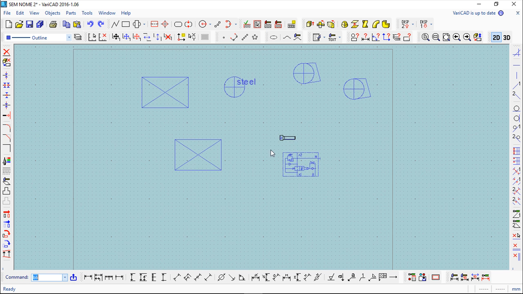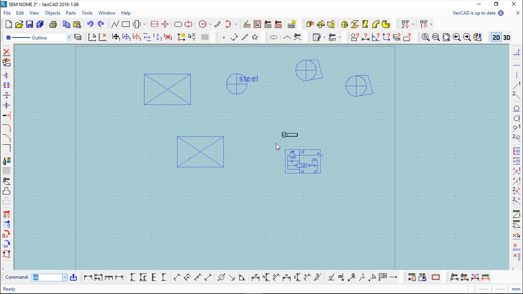So these were the ideas and the differences for both symbols and blocks. I hope that the advantages and the disadvantages of each one of these types of groups of objects are clear, and for any question, as I used to say, please contact us or put a comment in this video